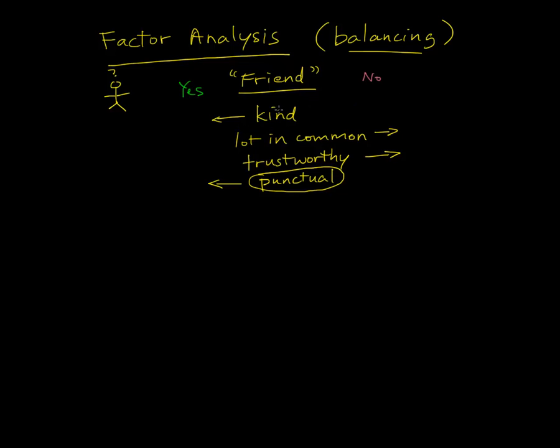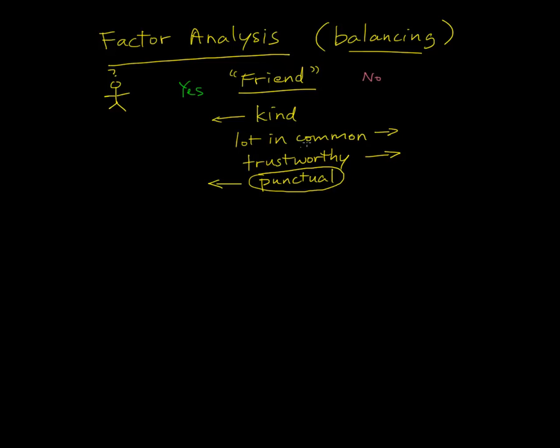For example, maybe kindness is really important to you. So if a person is very kind, you'd be willing to overlook a lot of these other factors. The person could not have that much in common with you and not be that trustworthy, and just be a little bit punctual, just sometimes. But that might be enough because the kindness is so important to you and the person is so kind. On the other hand,